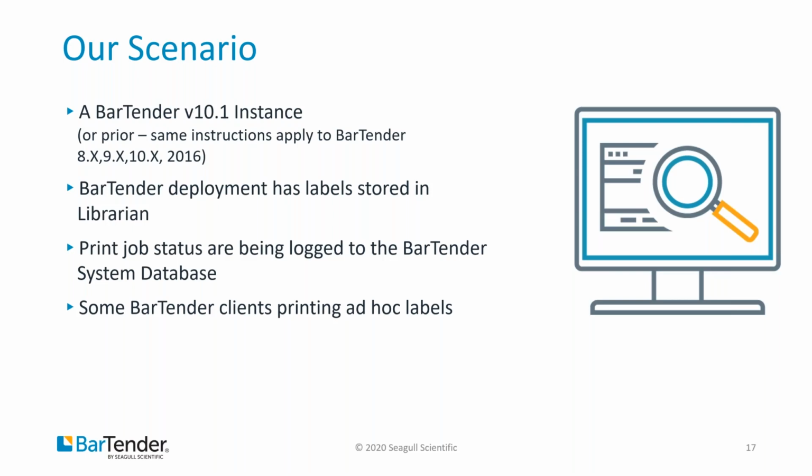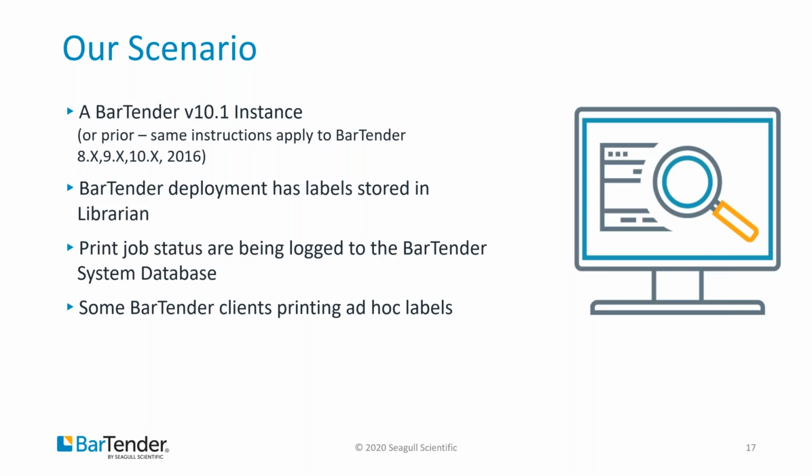So here's our scenario. We're running a BarTender version 10.1 instance, and then one thing to know is that this is the best practice for really any version of BarTender that you're coming from, really as far back as around 9, and I would say 9.2 when Librarian was released. So this applies not just to 10.1. So this deployment of BarTender has labels stored in Librarian, of course, as we mentioned. We're printing via Commander file integration on the side, and then